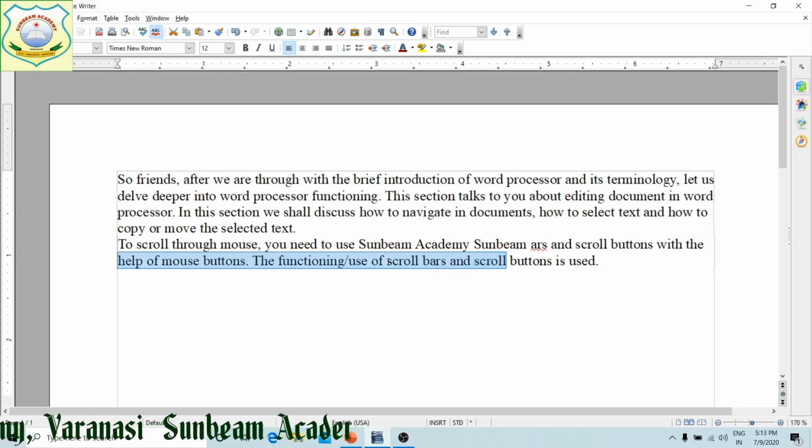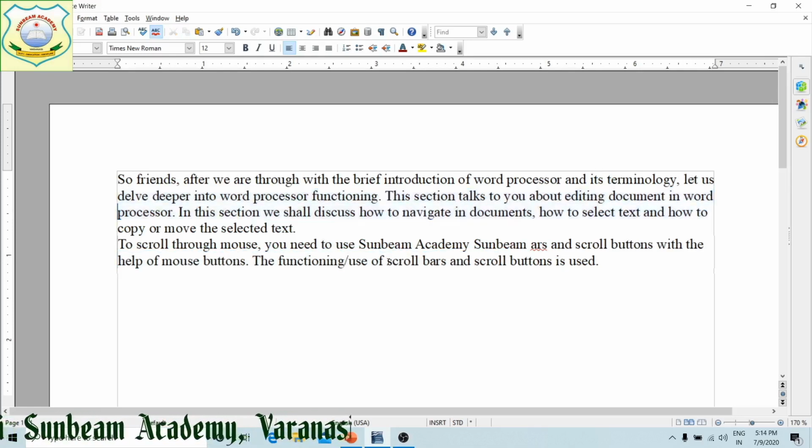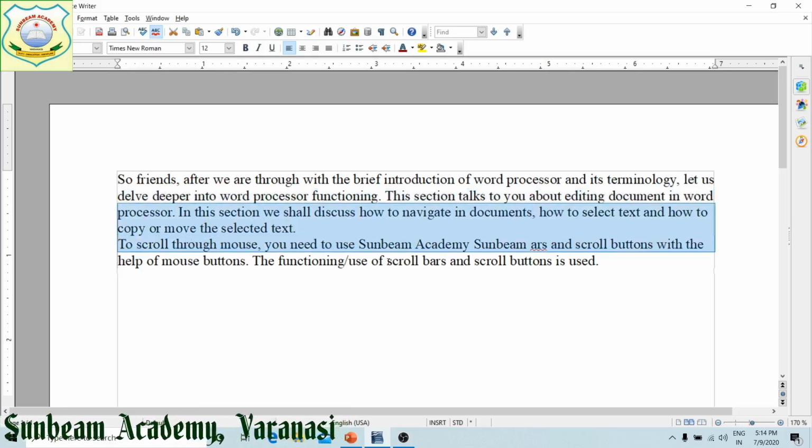From your cursor location towards the left hand side to the beginning of the text or the line, your selection will be there. As I told you, Shift and up arrow key, one line upside, Shift and down arrow key, one line downside.